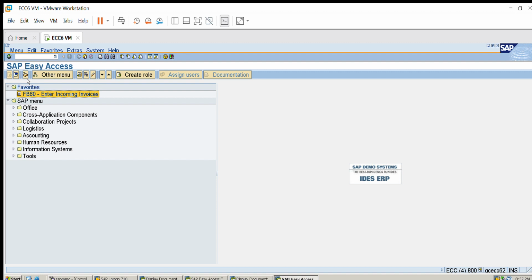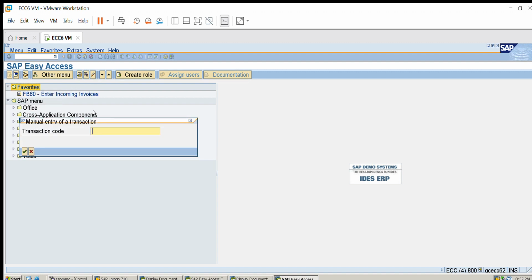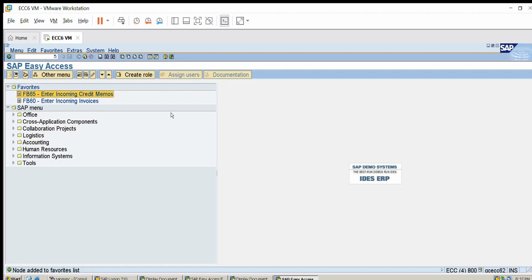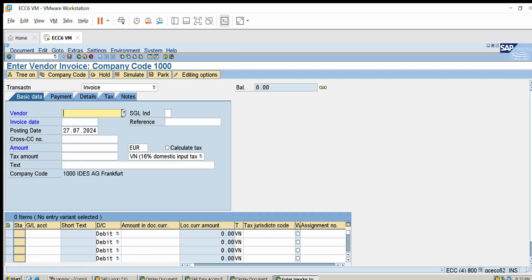Let me add transaction code FB65 to the favorites as well. Press enter. Now you can see FB65 is also entered as a credit memo. Initially I will enter the vendor invoice with FB60. So choose the vendor